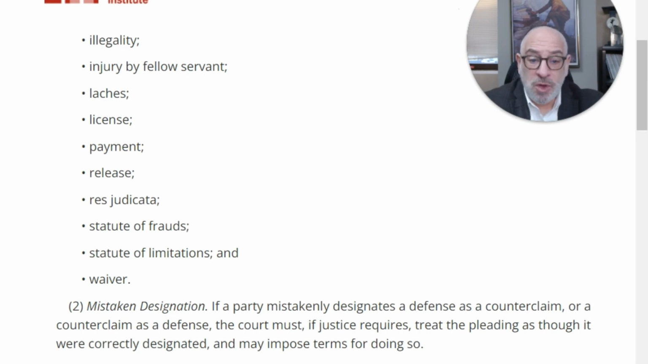Laches. You waited too long to sue me, and I relied on the fact that you waited. This is different from a statute of limitations. This says there might not be a statute of limitations for this claim, or it might be that even though the statute of limitations hasn't run,